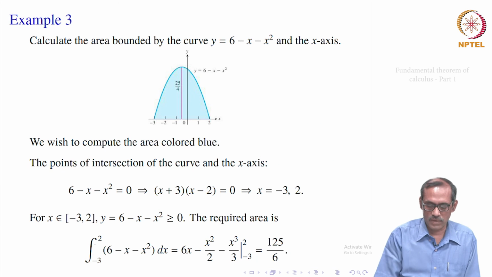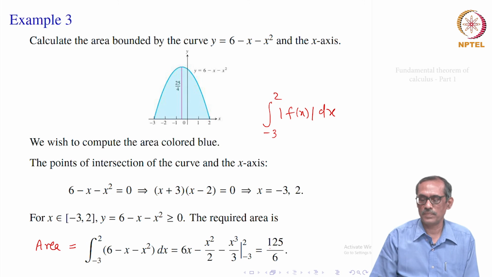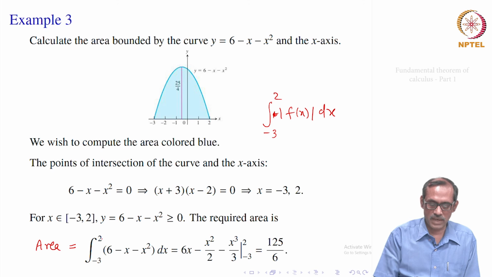So, the area will be equal to the definite integral. This is the required area, that is the definite integral from minus 3 to 2, not from 2 to minus 3, as that will be the negative of it, of 6 minus x square. In fact, our area should be the integral from minus 3 to 2 of mod f x dx, where minus 3 is less than 2. If it is 2 to minus 3, then it should be minus of mod f x, because it will introduce a negative sign. So that is the area. Here, mod f x is greater than or equal to 0.